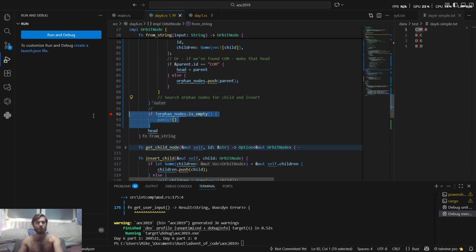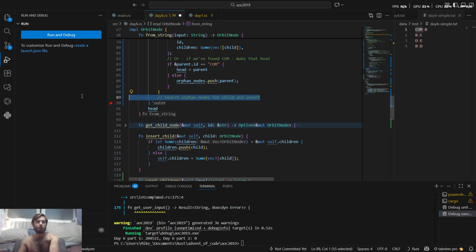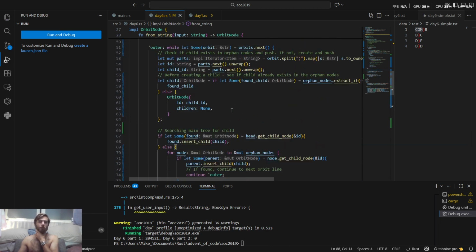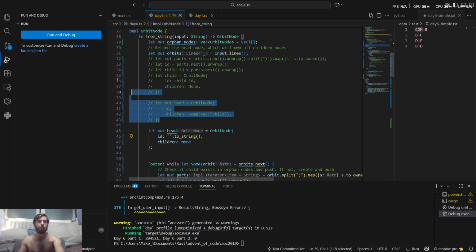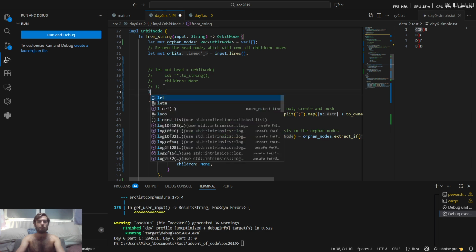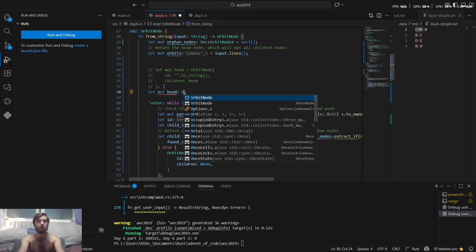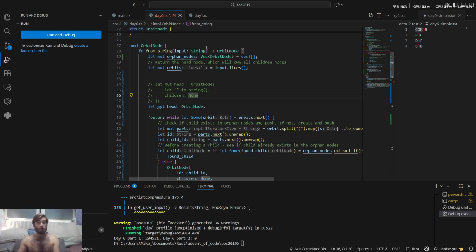I can take this out here. This was more of a test thing. We have to have an initialized head. I could have done let mut head, right? It needs a type annotation, but this is perfectly valid Rust. This is fine,